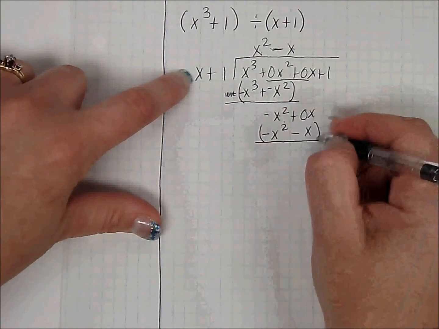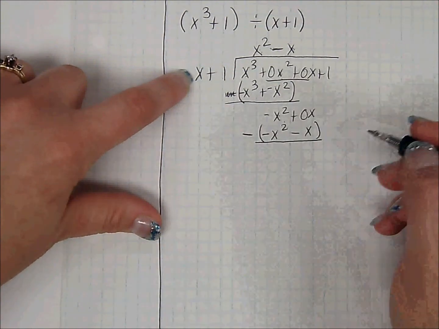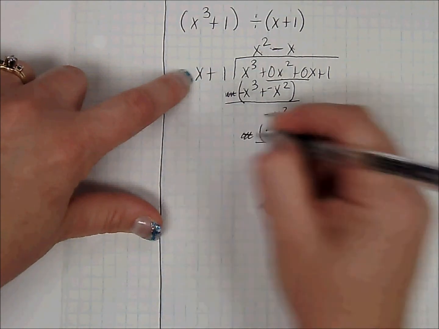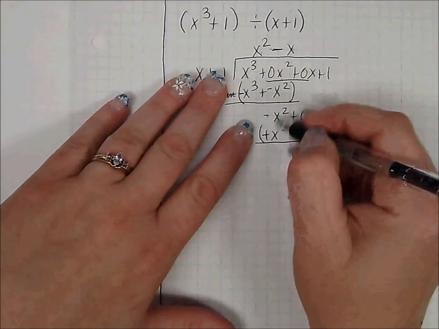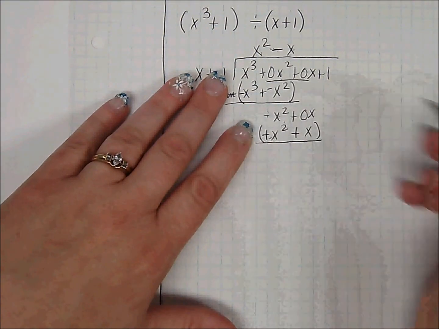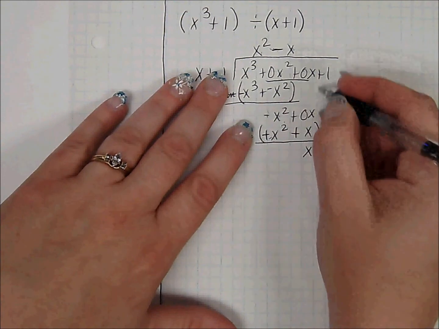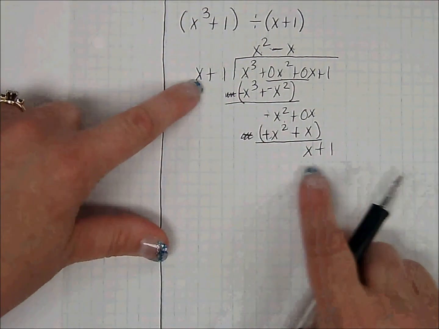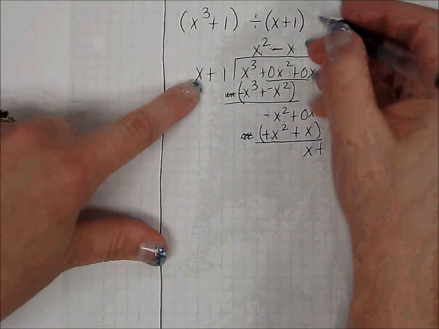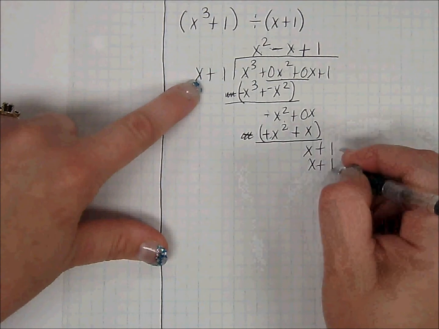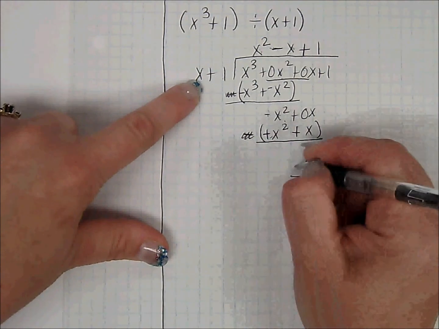I'm going to subtract that, because that's what we do when we divide. Distribute that negative. This becomes positive. And here, negative and a positive x squared makes 0. And 0x plus a positive x is going to give me an x. Bring down the 1. And now look, x plus 1 divided by would become x plus 1 if I multiplied by 1. And 1 times x plus 1, boom. Subtract,